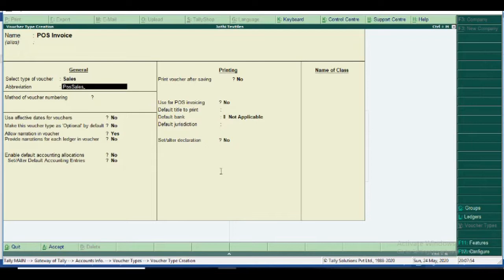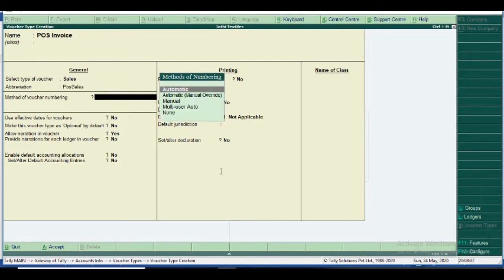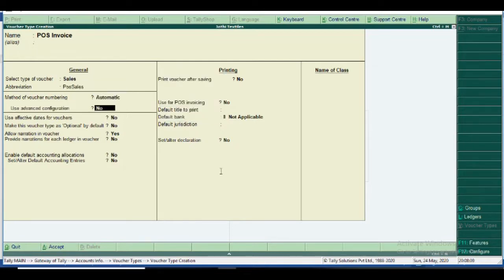Okay, it's not compulsory, but it's some perfection for you, for professional training, professional experience. Method of numbering is automatic, please note it, because I give the name, type of voucher sales, and then I give use for POS invoicing, yes.